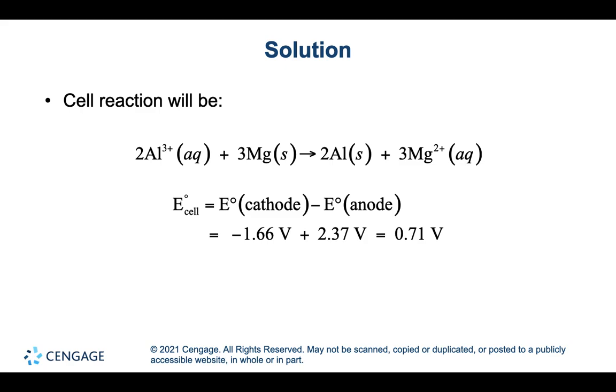cathode, and then because cathode is where reduction occurs, we see aluminum being reduced from plus 3 to 0. So reduction occurs at the cathode. That would be the cathode. The aluminum metal would be the piece that we call the cathode, and the aluminum ion is on the cathode